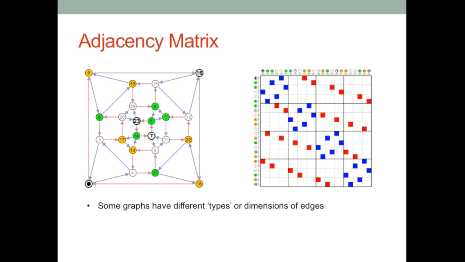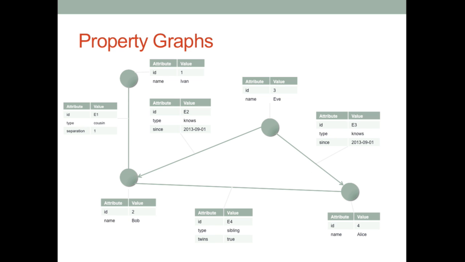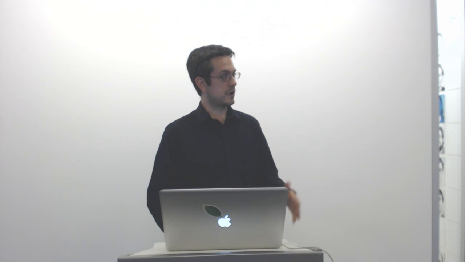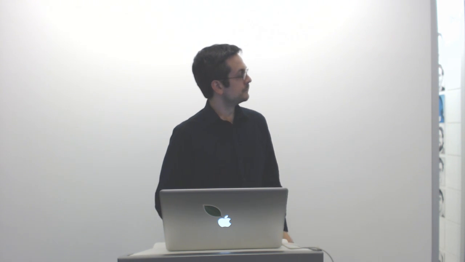And you can have different types of connections, right? There's a little bit more complex graph. But this is the slide I want to get to, property graphs. A lot of the graph databases, this is how it's modeled. So you have those nodes and you have those edges, and you're just assigning key value pair properties to them. Oftentimes, I know Neo4j, Titan, it's what you might call schema free. You can create a node and it doesn't have to have a certain set of attributes. You just create a node and start tagging it basically.